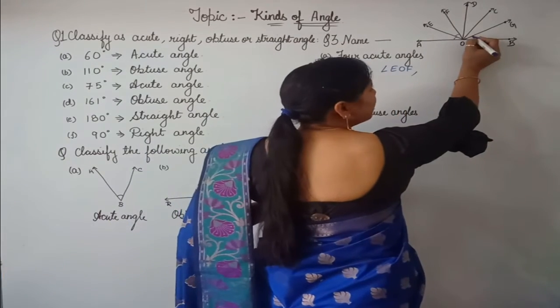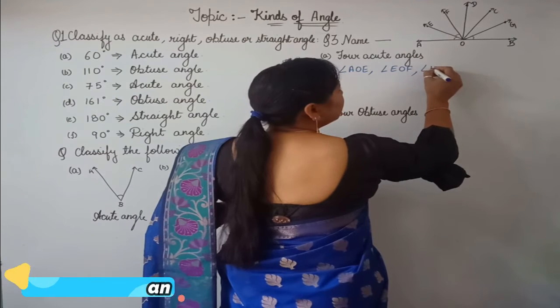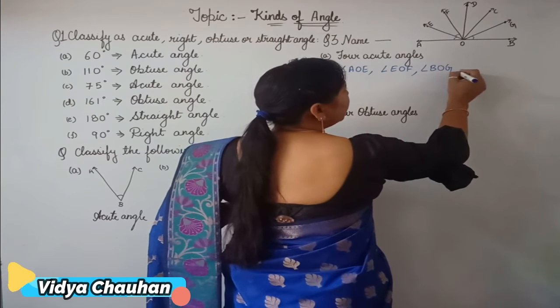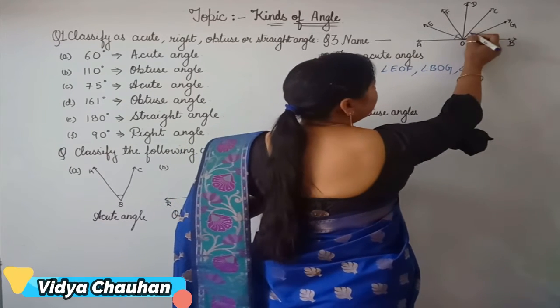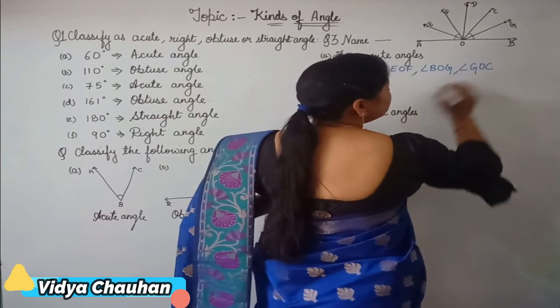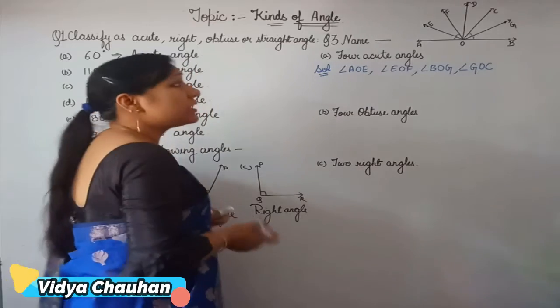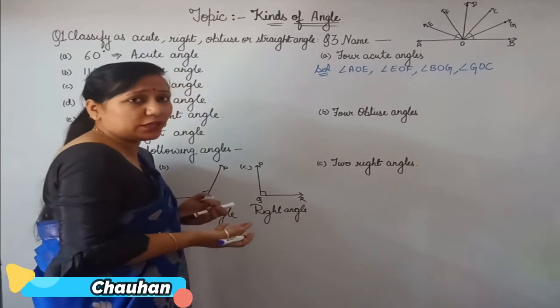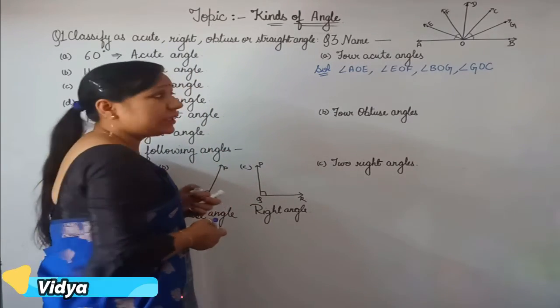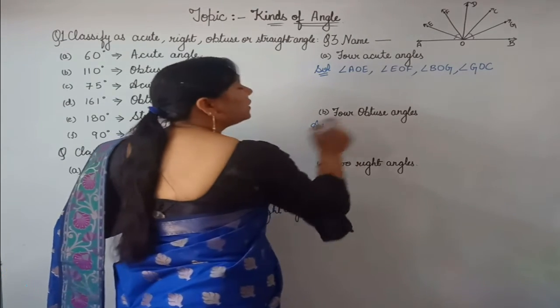Similarly, let's take one of the acute angle from this side. So that is angle BOG, and then I will take this angle, angle GOC. You can take some other angles also. They are also acute angles. You can name any of the 4 acute angle as per your convenience. Okay, students? Now coming to the second part, in which you have to write 4